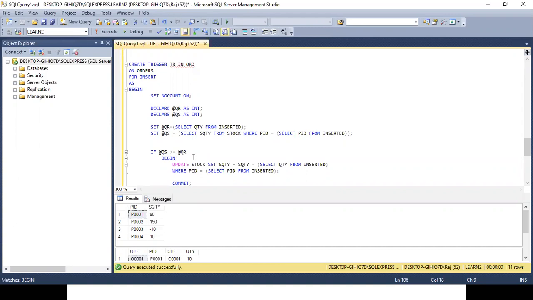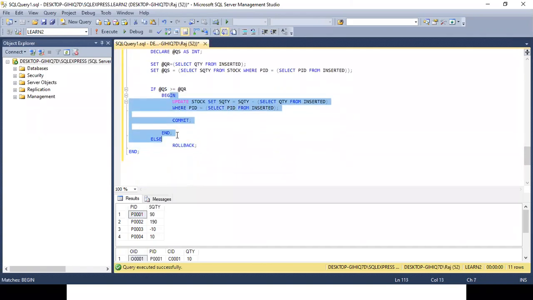Now, if quantity in stock is greater than or equal to quantity required, we are checking that we do have a sufficient quantity, then begin. If you have noticed, I am using begin over here, but initially we have not used begin. Why? By using this begin and end, I have created a block.